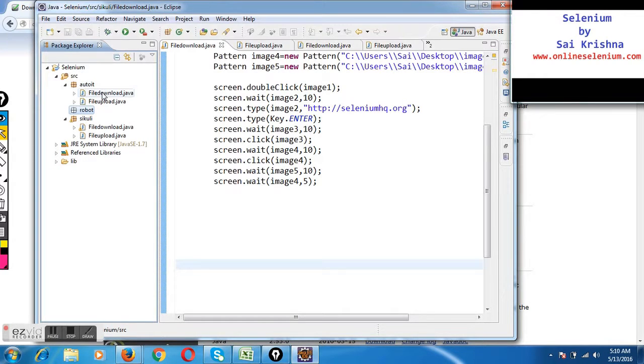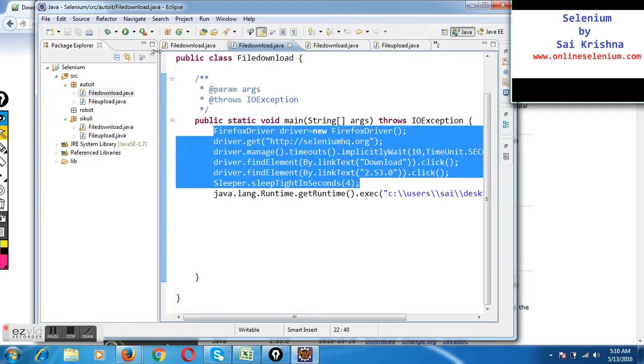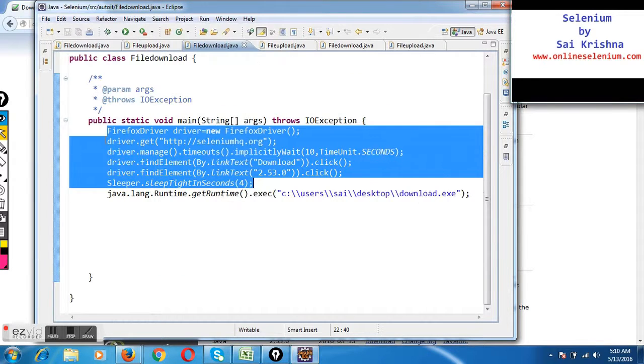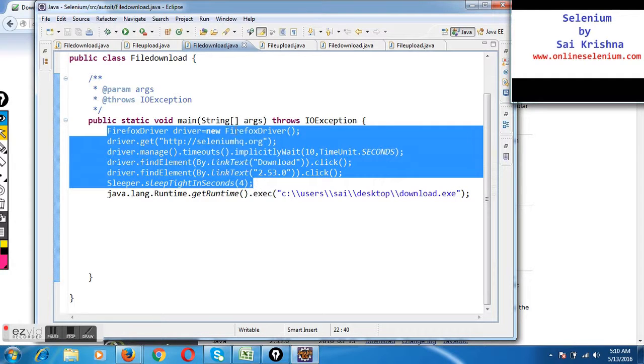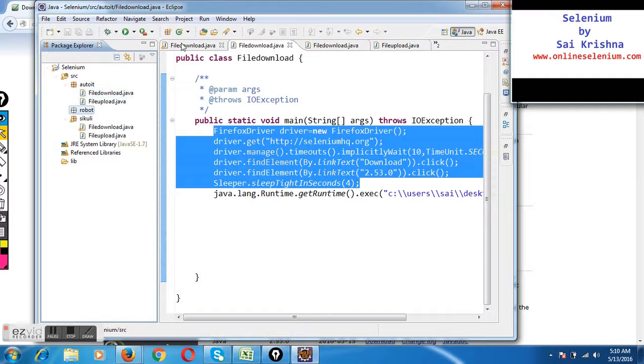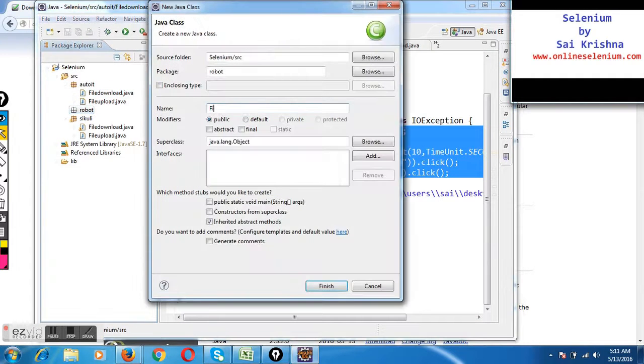Let me go to the file download program of AutoIT. Because this part of the program is handled through Selenium, where you launch Firefox, navigate to Selenium HQ, click on download and click on 2.53.0, let's not waste our time. I'll just copy that code and create a new class. We'll call this program file download.